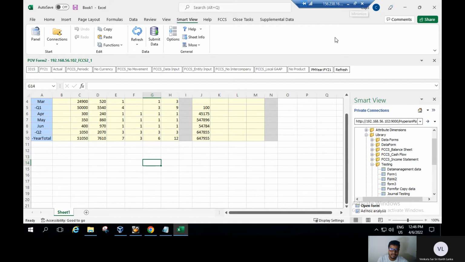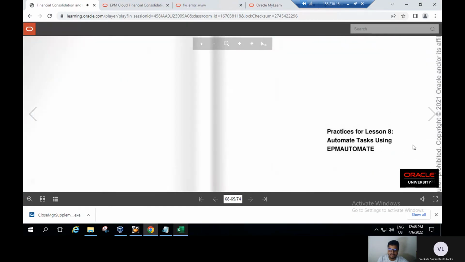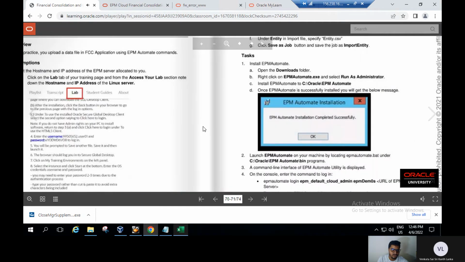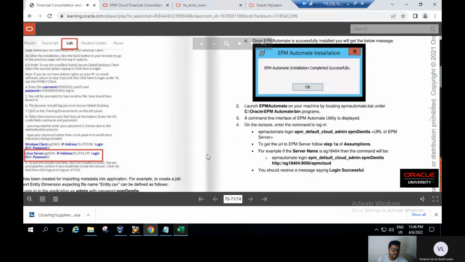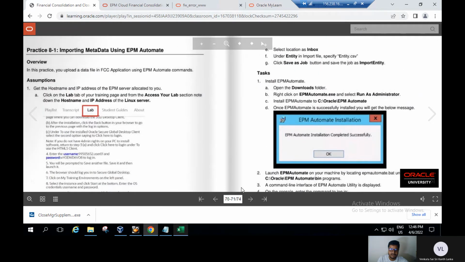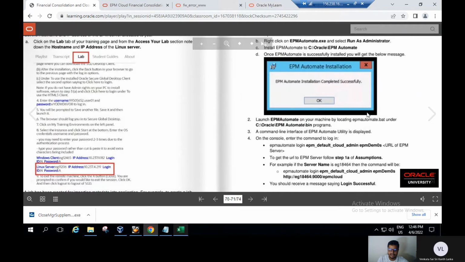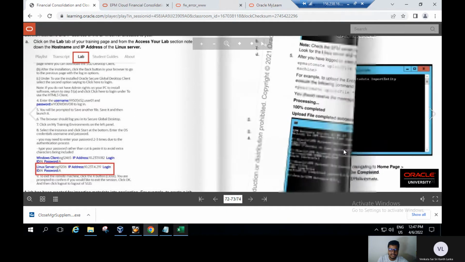This lesson has been completed using the Smart View. Now let us see how to use the EPM Automate. In this lesson we will see how to use the EPM Automate. For this we must again go to our application and download the EPM Automate. After downloading it, you must install it, and after installing it we will use it